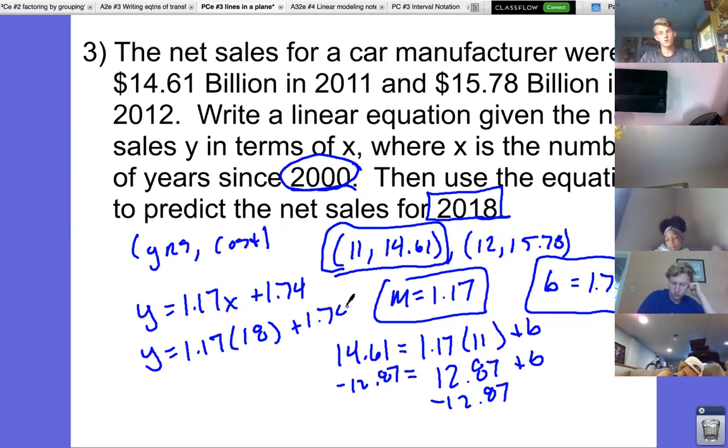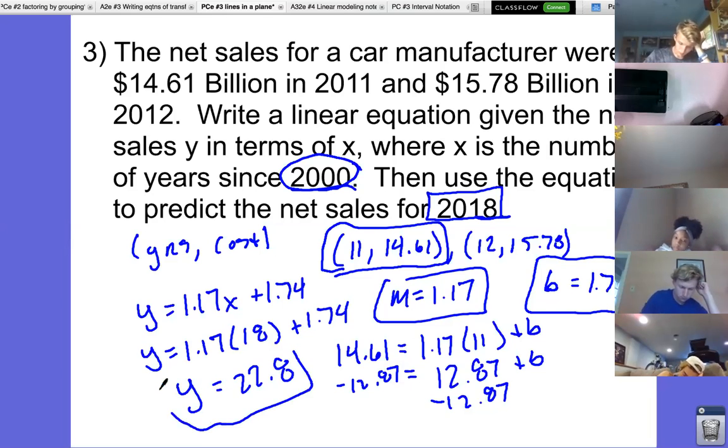Now, either way, I would have ended up with the same answer. I just would have had the wrong equation. So in 2018, I would expect that this is my answer, which is, in terms of the context here, $22.8